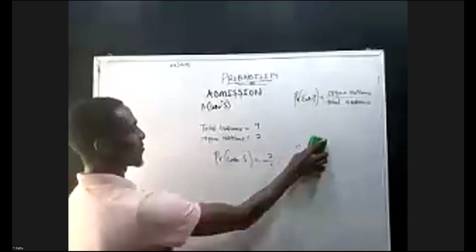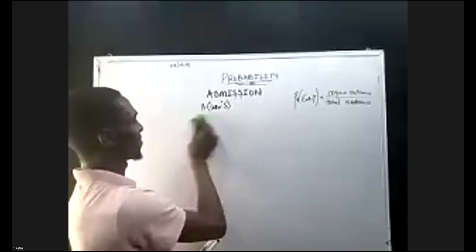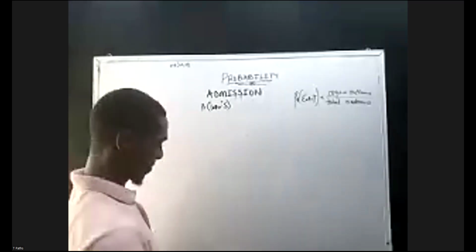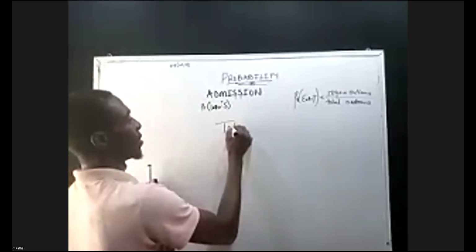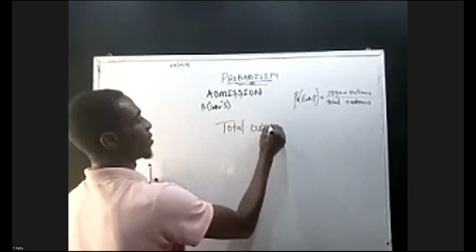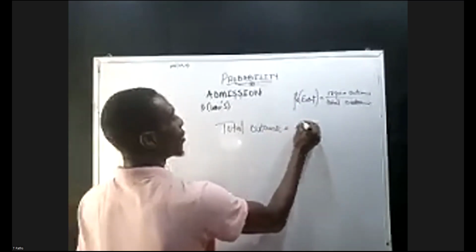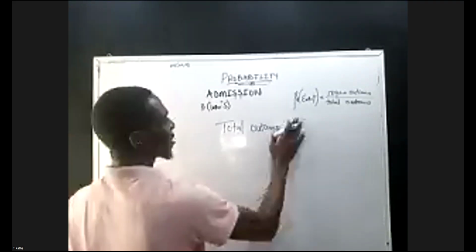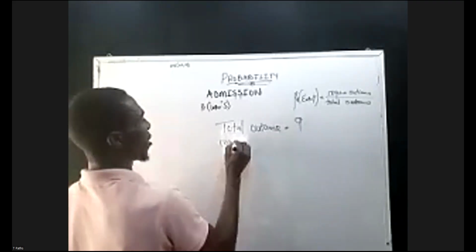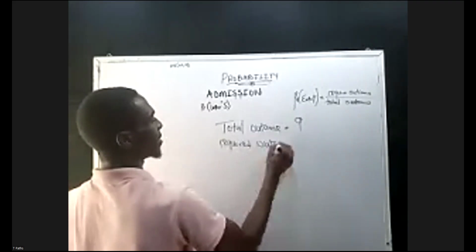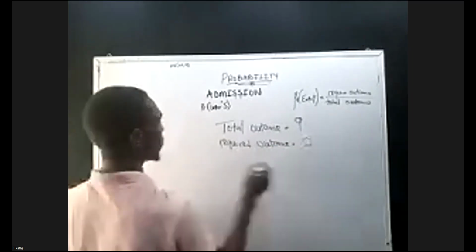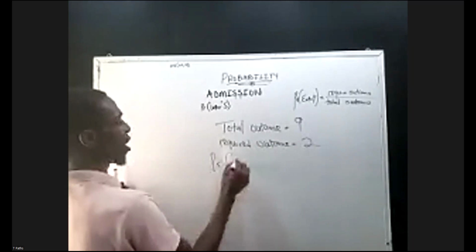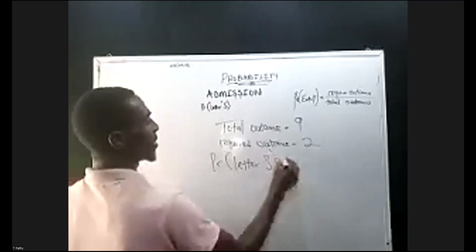Let me rewrite it for you so you can see what we are writing. So we have total outcome is 9. I will snap the answer for you. We don't have much time, but your answer is 2 over 9. Total outcome is 9. Required outcome is 2. Probability of picking letter S equals to